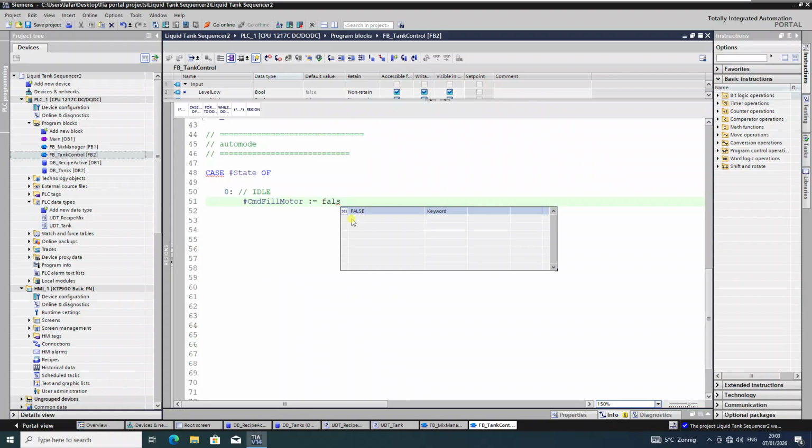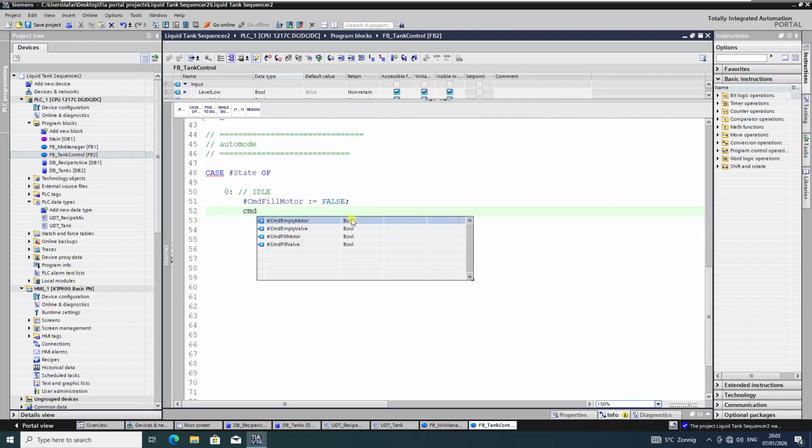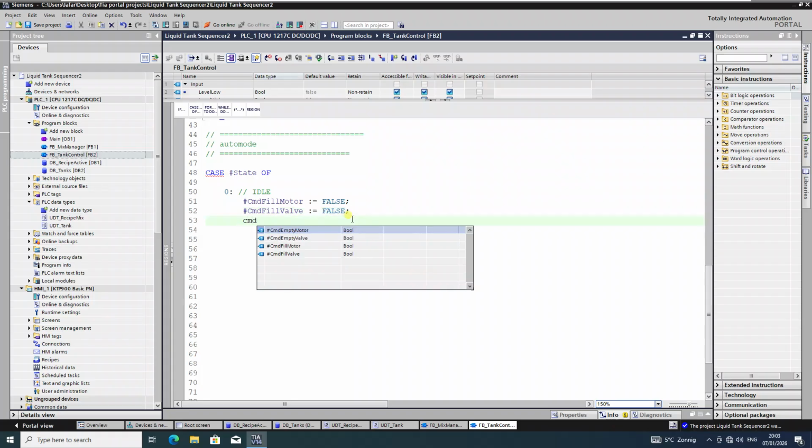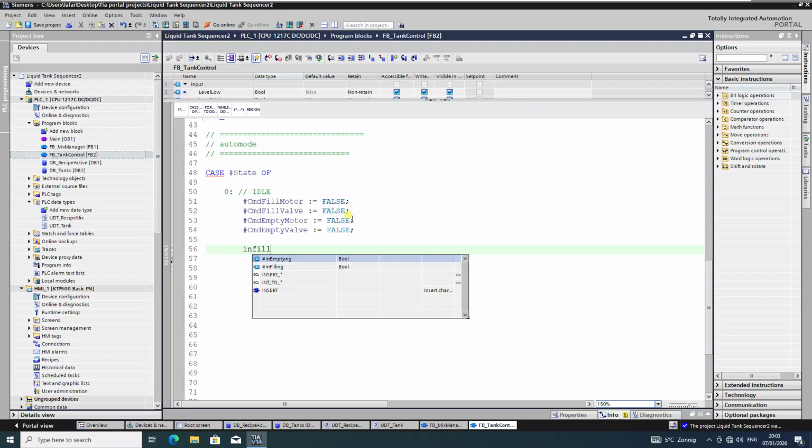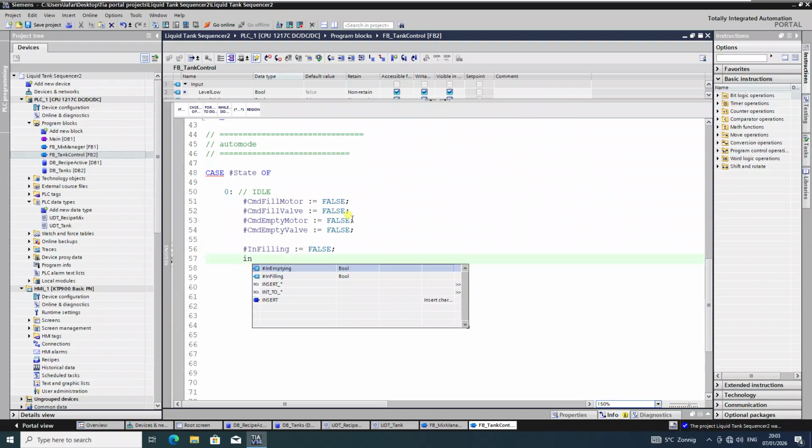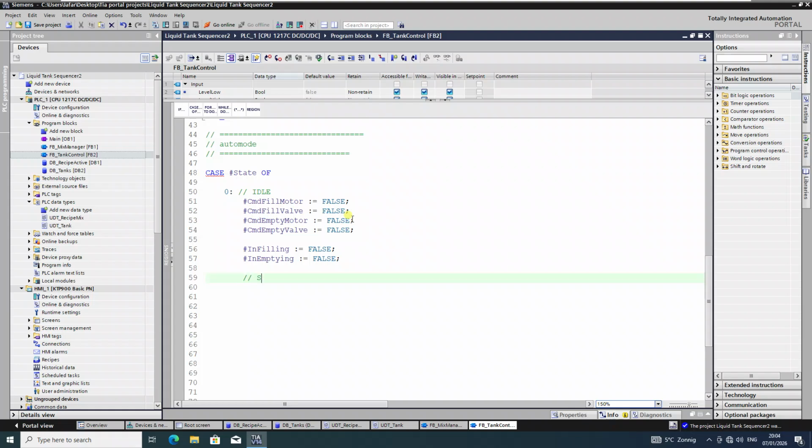Okay, fill motor equals false, CMD fill valve false, filling false, empty equals false. Okay,